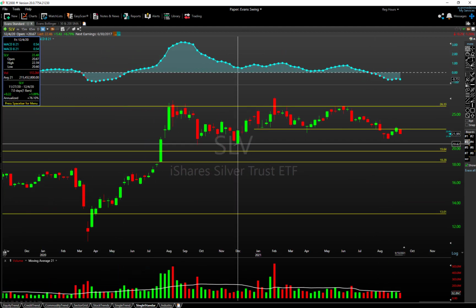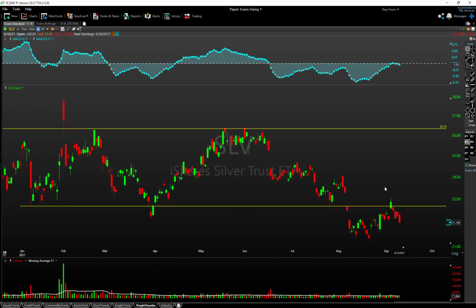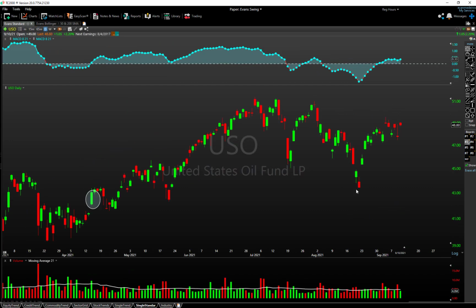Then we look back to this range at the lower end here. So it's looking pretty weak. At best, it's just sloppy. I don't have, again, a trade or an opinion or any shorts on this at all, but looking just, again, a little bit heavy. And then if we look at USO, the price action in the short term